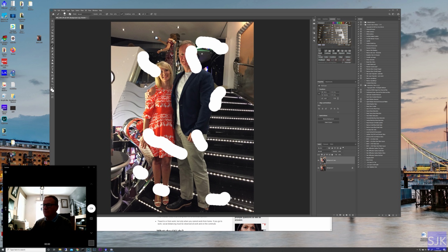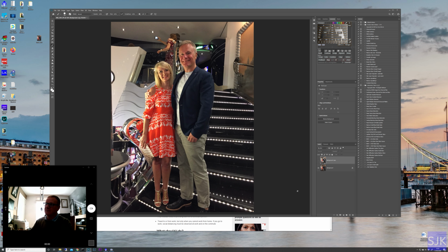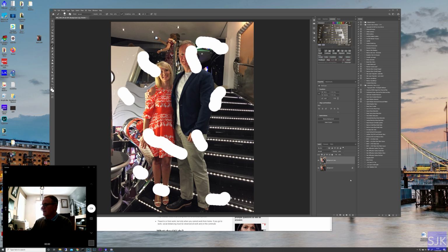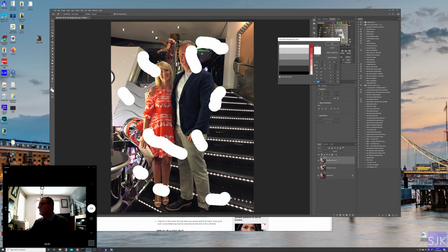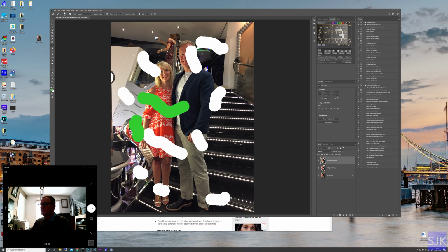And you can say, oh no, you've destroyed the picture, Steve. Well, I haven't, because I just removed that piece of acetate. You get it? And I could make a copy of that, and what I could now do is change my color to, I don't know, green. Okay, and then I can do something. Now obviously I'm being ridiculous here to prove my point, but I can just remove these layers if I wanted to,